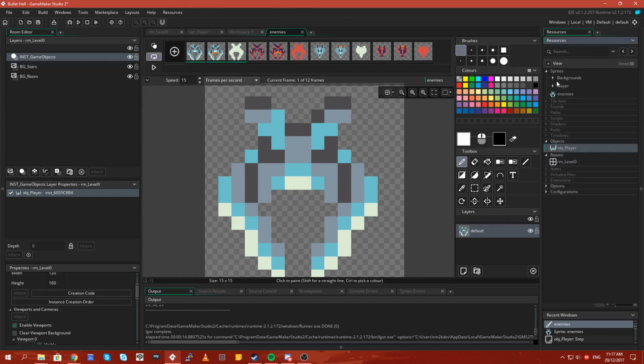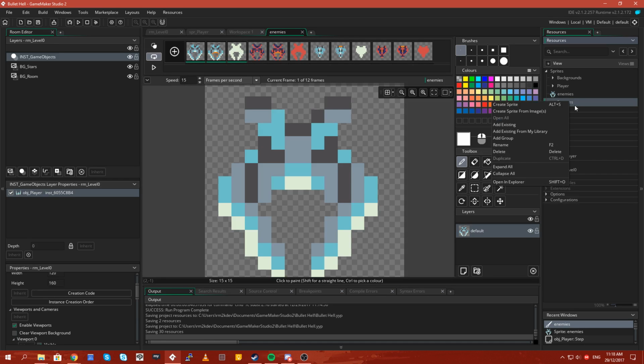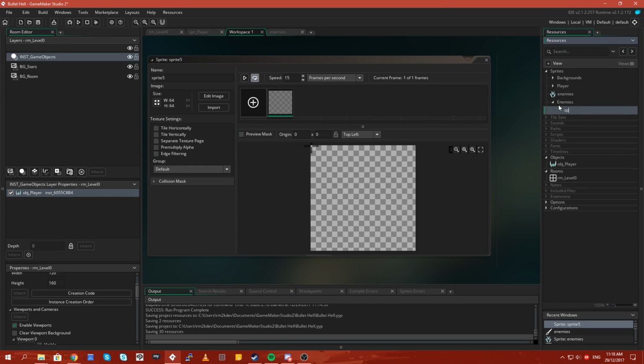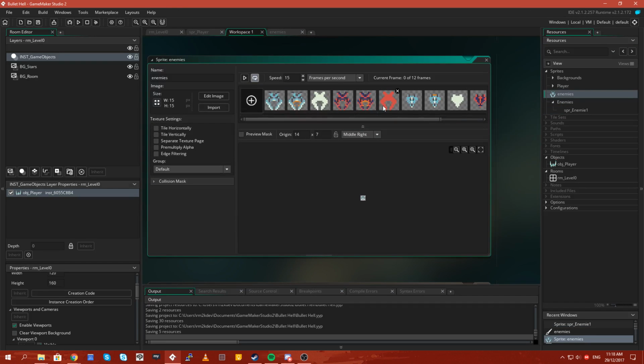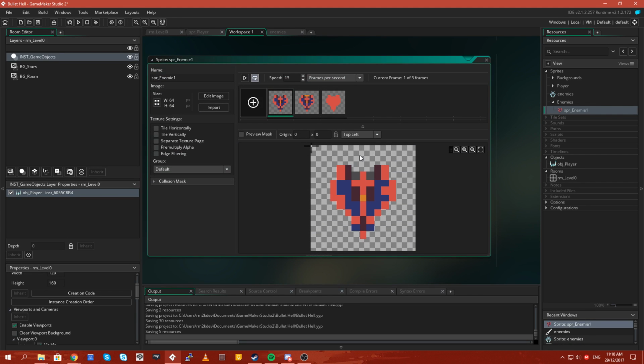So now let's come over here and create a little bucket called enemies. Let's go ahead and create a sprite called SPR enemy 1 and come back in here, and we can take the, I'm only going to use the red ones for this, by the way, because our player is blue. That means that if we use the red enemies, it'll be obvious who the enemies are.